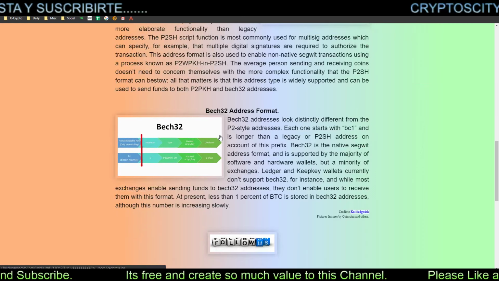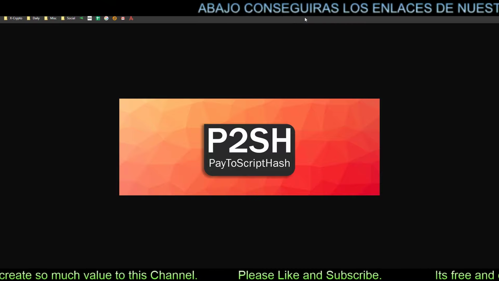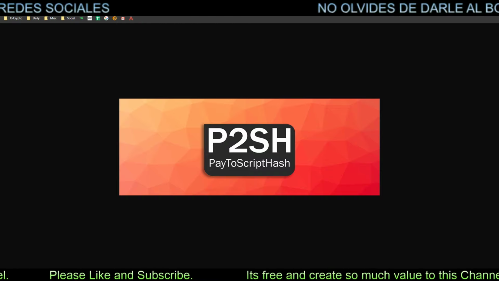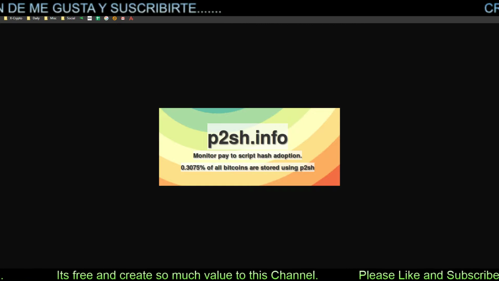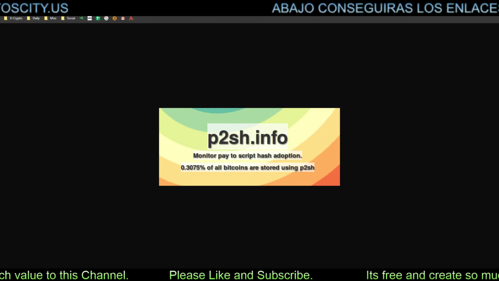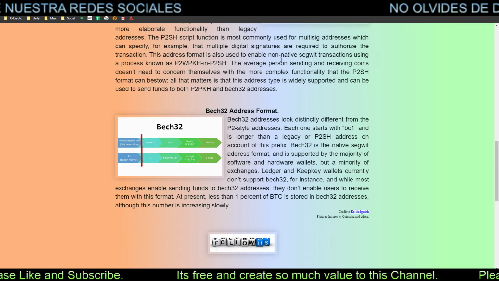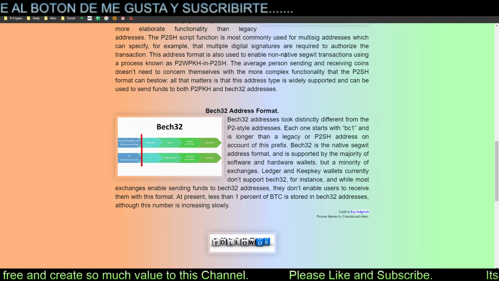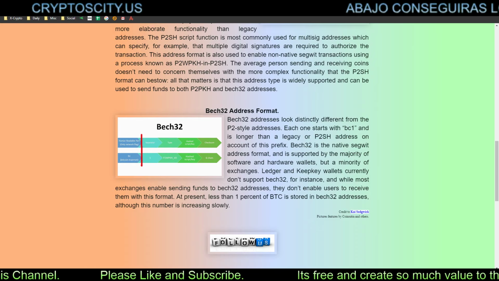P2SH address format. P2SH addresses are structured similarly to P2PKH, but start with a 3 instead of a 1. P2SH, which stands for pay to script hash, enables more elaborate functionality than legacy addresses. The P2SH script function is most commonly used for multisig addresses, which can specify, for example, that multiple digital signatures are required to authorize the transaction. This address format is also used to enable non-native SegWit transactions using a process known as